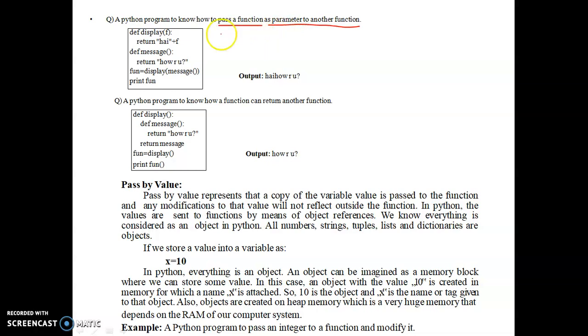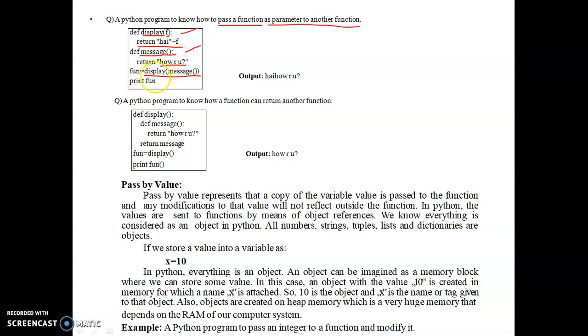Here also we have one display function with the parameter f, and the code returns hi plus the f variable value, and there is another function message, which returns the value how are you. Okay, these are two different functions. Display is one function and message is another function. Now, display of message function.